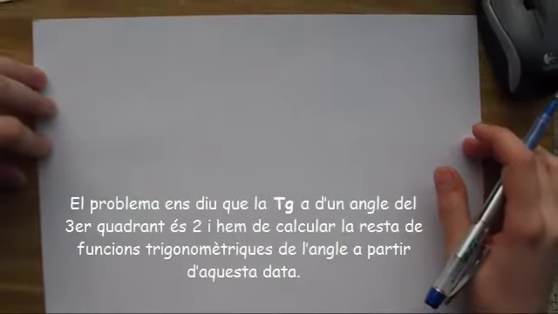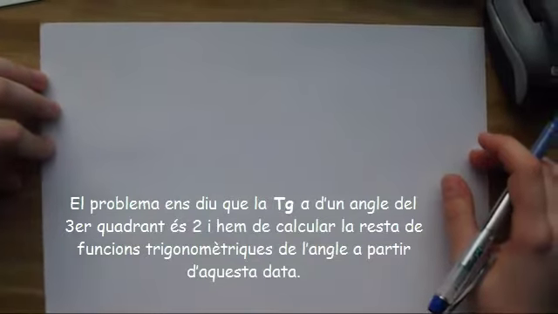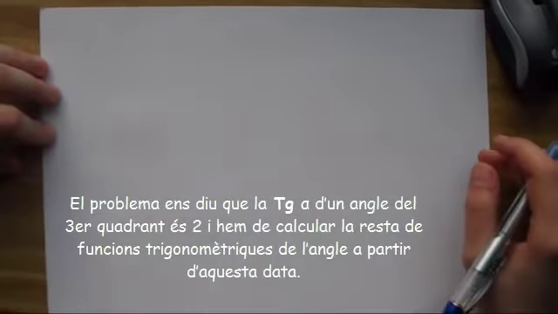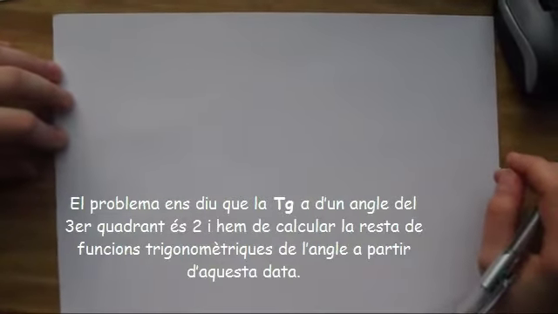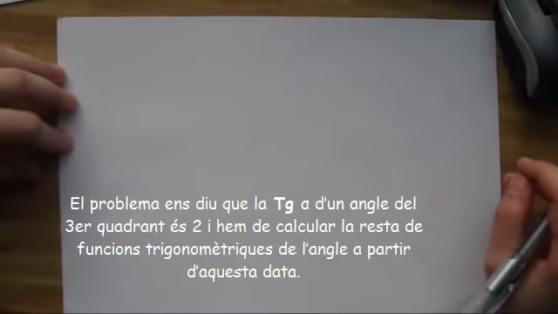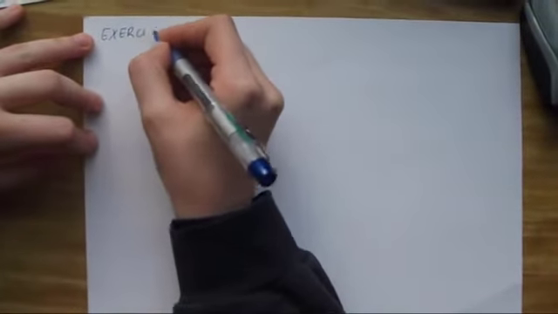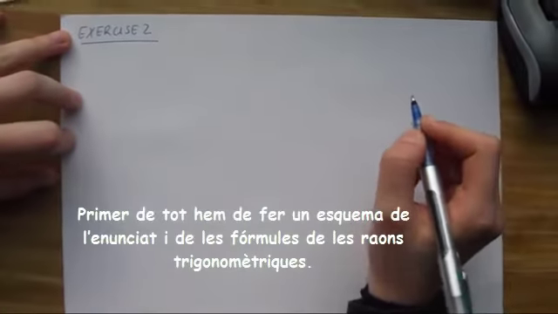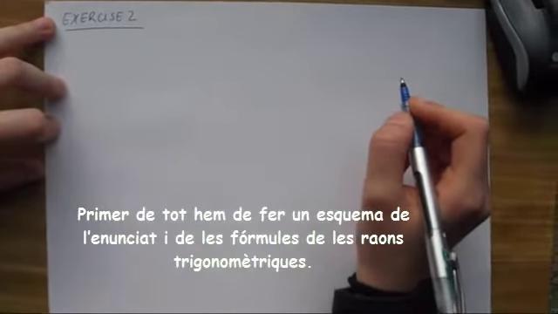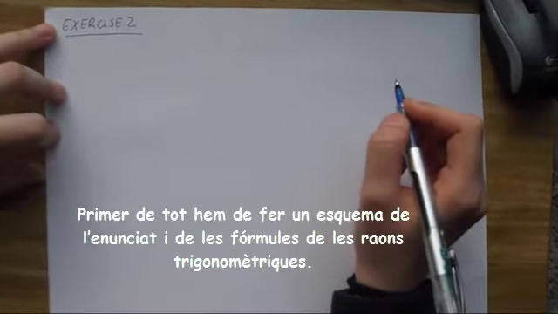The exercise tells us that the tangent of alpha, of an angle of the third quadrant, is 2, and we have to calculate the rest of the trigonometric functions of the angle. First of all, we have to do a scheme of the problem, and we have to write all the formulas